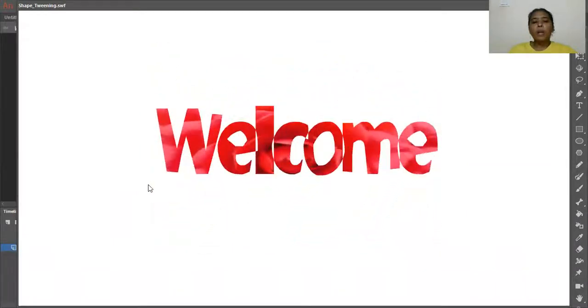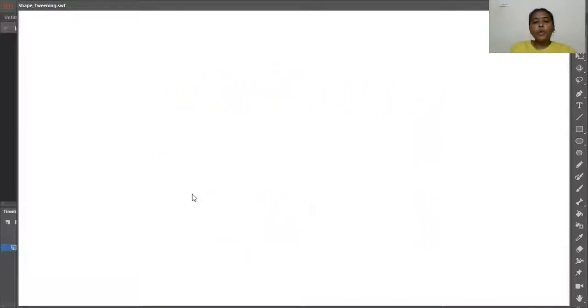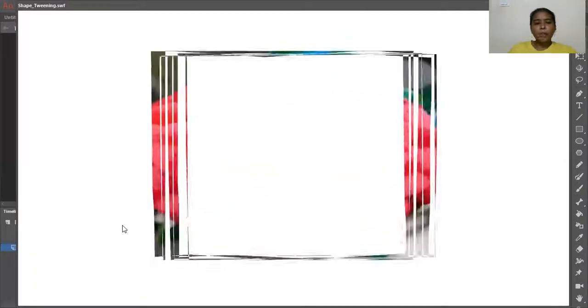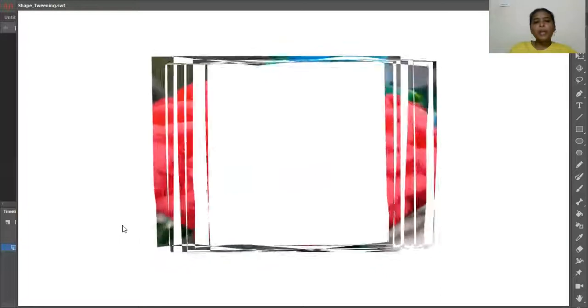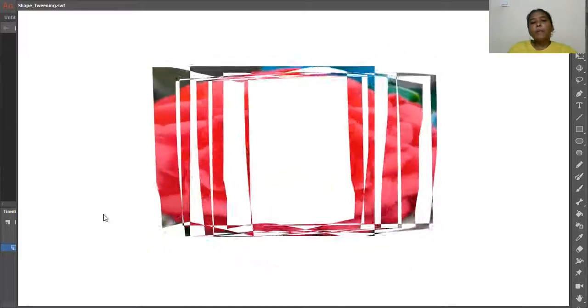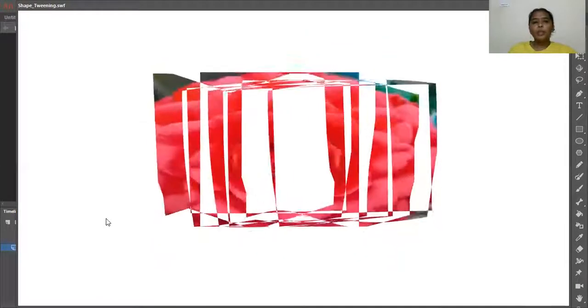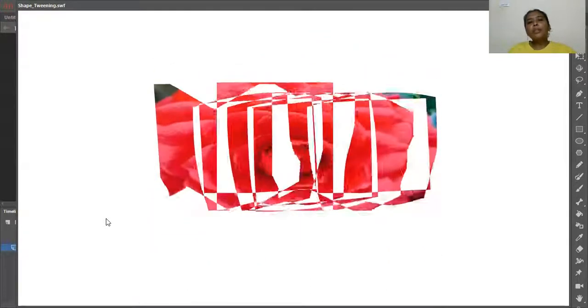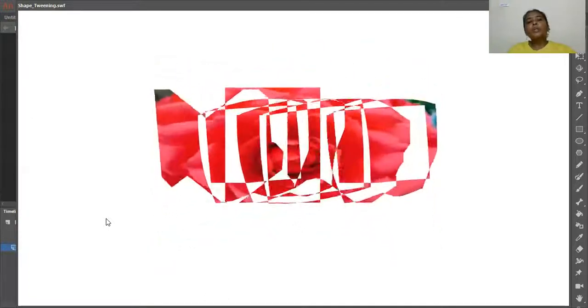So this concept is called shape tweening. Why have I left these 15 frames? If you observe the execution from the first frame to the 15th frame, I'll execute it again. See here, it takes some time at the starting point. If I execute from the first frame, it doesn't show any difference. It's like welcome image, welcome image. So to show that variation, to display the image slowly and then convert the image to text slowly.